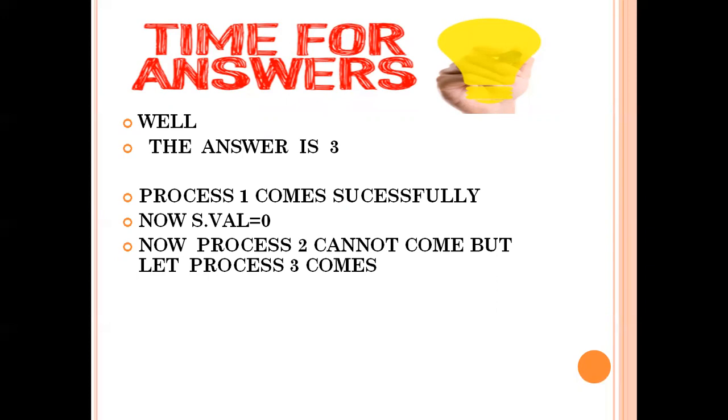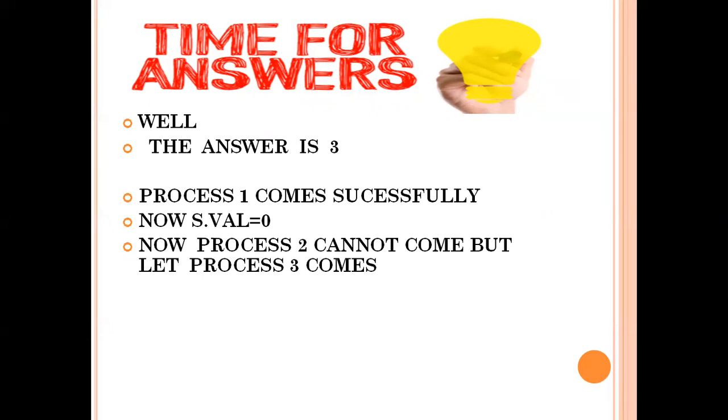But we have an alternative. Instead of running process 2, we can run process 3. Why? Because process 3 does not run the down code when it enters, it runs the up code, and the up code increases the semaphore value. A hypothetical question: process 1 enters, process 2 cannot enter because the value of semaphore is 0. So instead process 3 can enter. Process 3 does not have any restriction because on entry it also runs the up code, that is, it increases the semaphore value, and during exit also it increases the semaphore value.